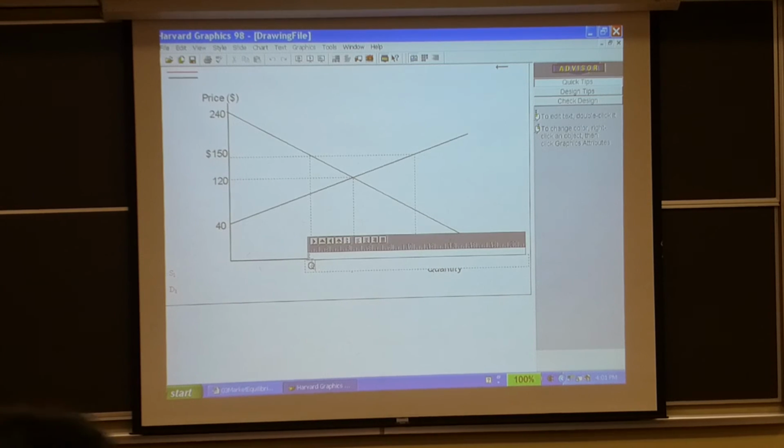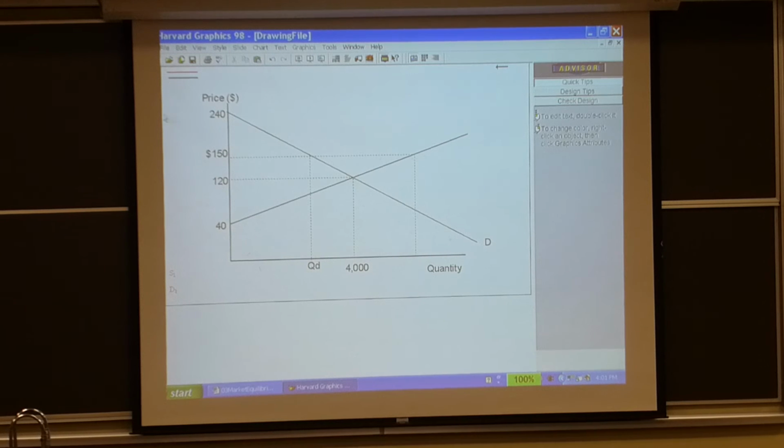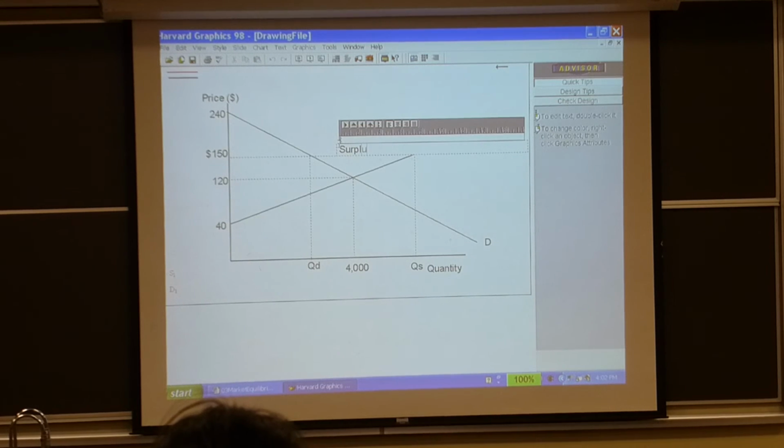And again, you have to forgive me, because I work with a lot of students who can't translate, and the key element here is you don't have to know anything about the equations. Translate what you do with the diagrams into the equation. I want this number, and I want this number. How are we going to get them? Diagrammatically, I find the line, the equation, the quantity demanded at 150. On supply, I find the quantity supplied at 150. Good. And then the difference is the surplus. So my question to you is for two more, well, first of all,